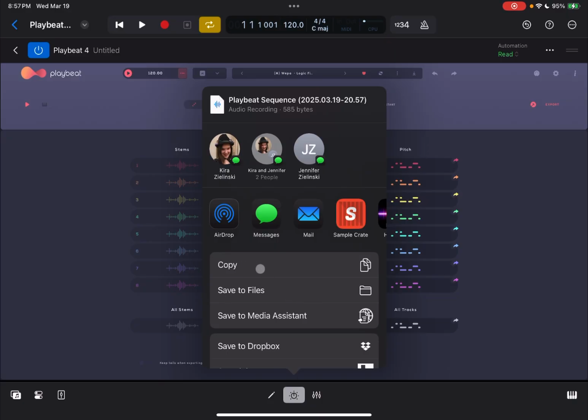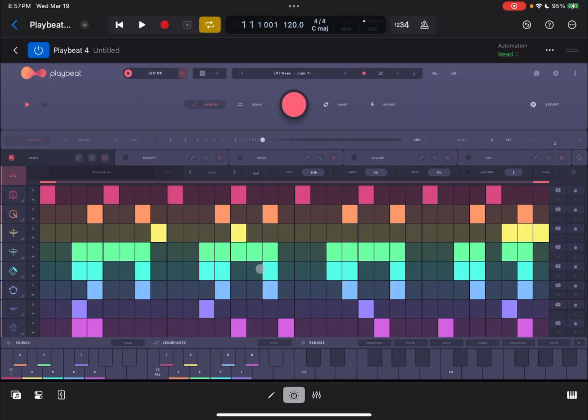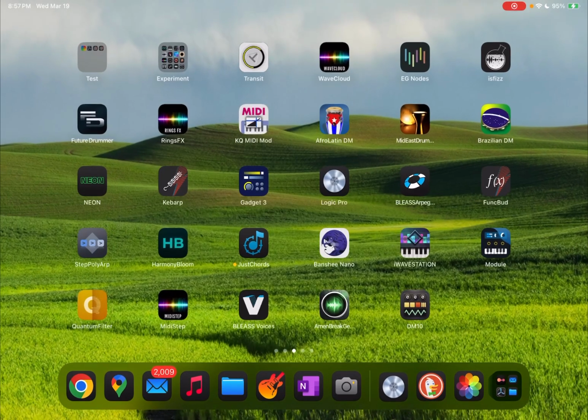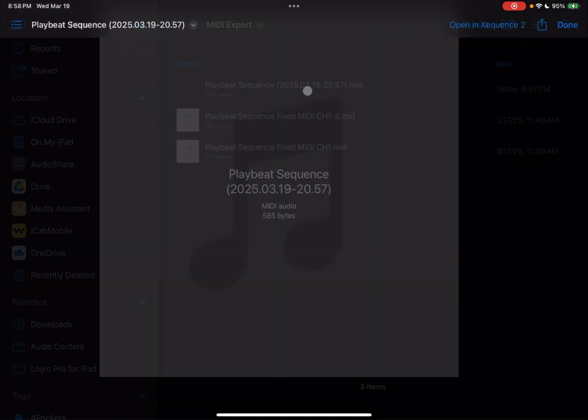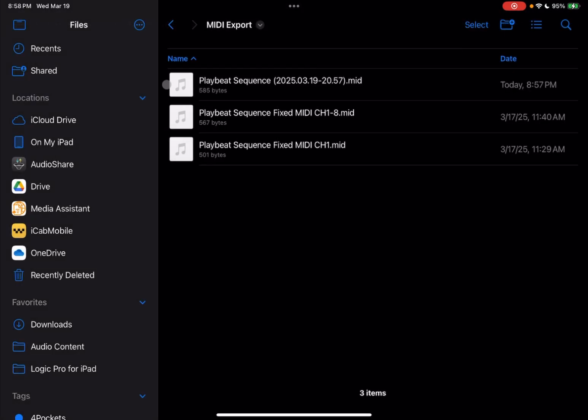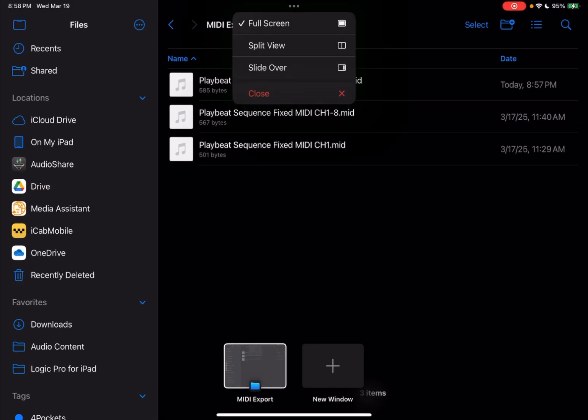I'm going to go ahead and click copy. Either way, what you would do is you would pick a folder. Like this. Here I've got a couple that I saved off from earlier. I'm just going to go ahead and right click on here and click paste. And as you can see, it puts it here, and it gives it a date and time stamp on it. So what I'm going to do now is I'm going to do a slide over on this,